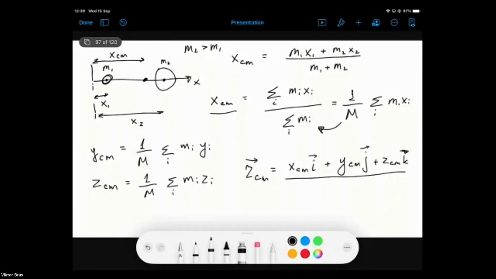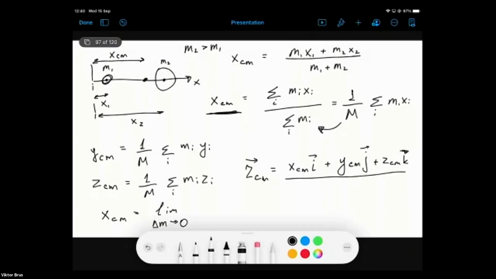In this case, we need to consider a limit. For the position of the center of mass along axis x, xcm will be equal to the limit as delta m approaches 0, so we consider very small, tiny pieces of this continuous body with mass approaching 0,